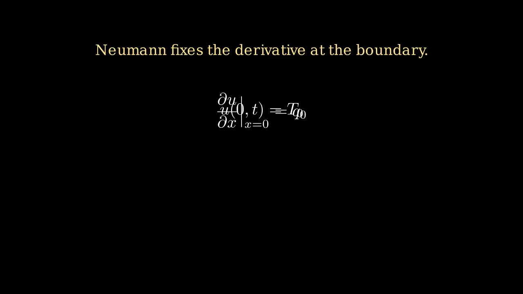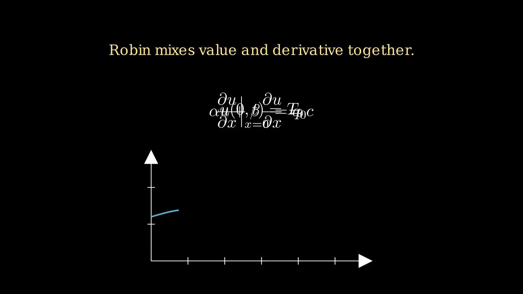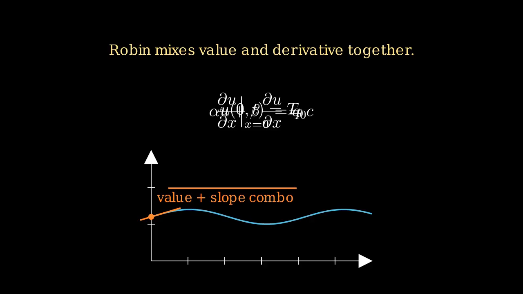The third type is called a Robin condition. A Robin condition mixes the two together. It is a weighted combination of the function value and its outward derivative. In symbols, we might write alpha times u plus beta times curly du by curly dx equals some constant at